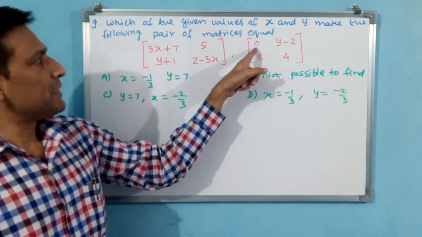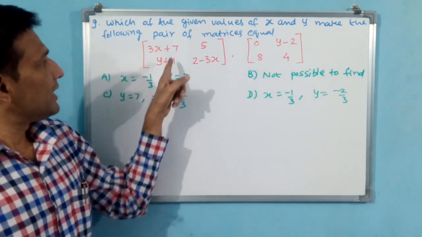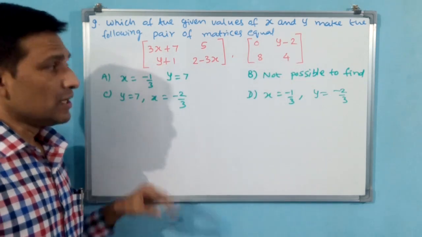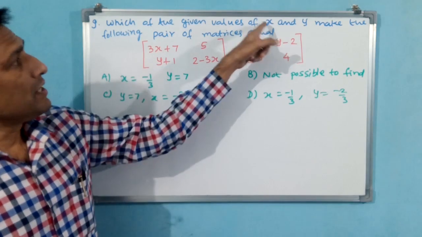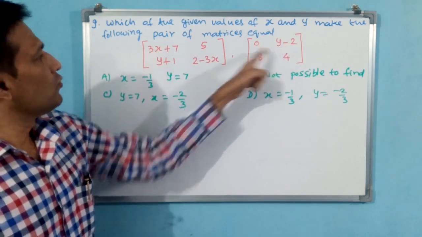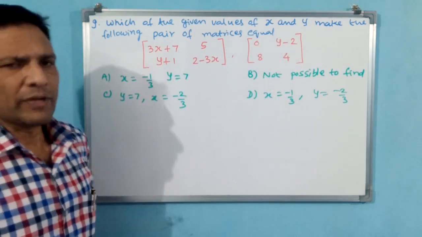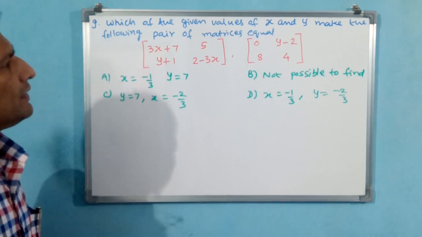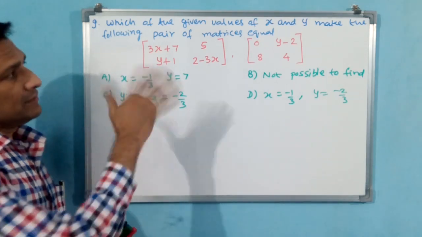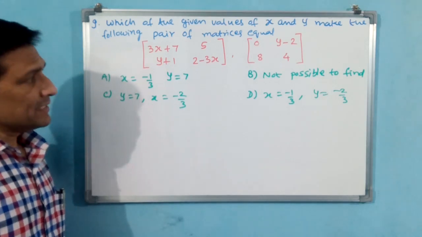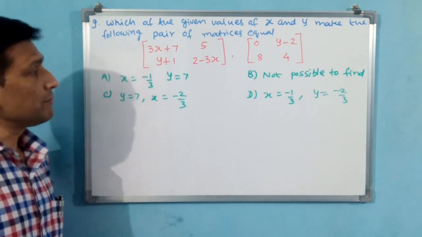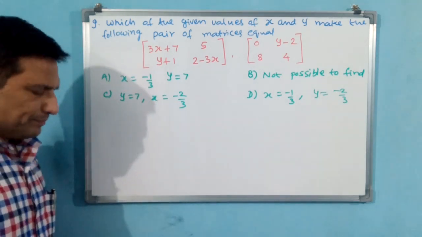3x plus 7 is equal to 0, and another one, x, we have to take here. These two you have to take and solve. Then this is going to become the x value. Here you have to find both x and y. For y, here also two equations are there. If you make them equal, try. If an answer comes, then you write the x, y value. If an answer doesn't come, then it is not possible to find. That is very important.